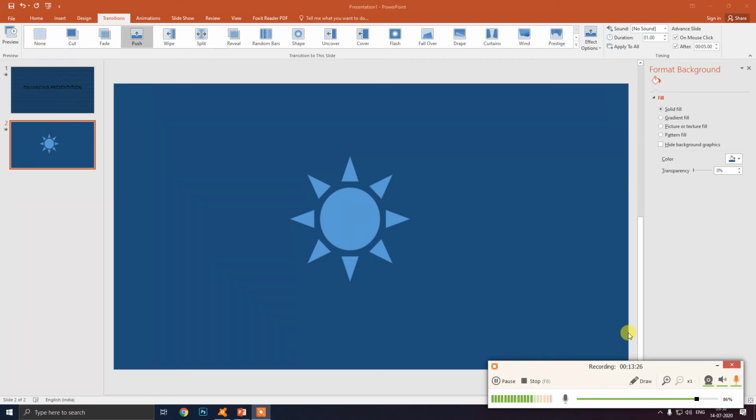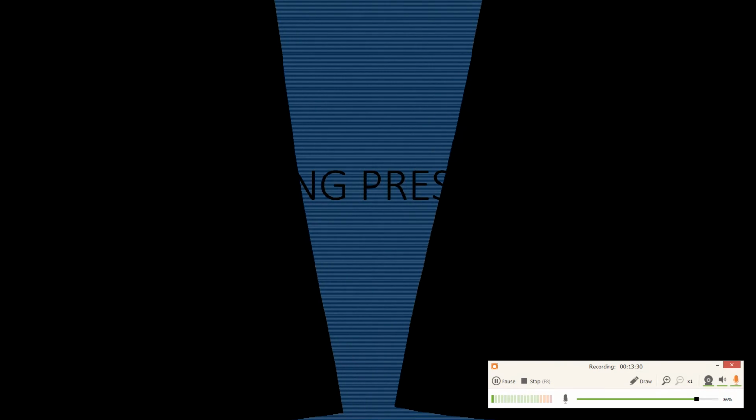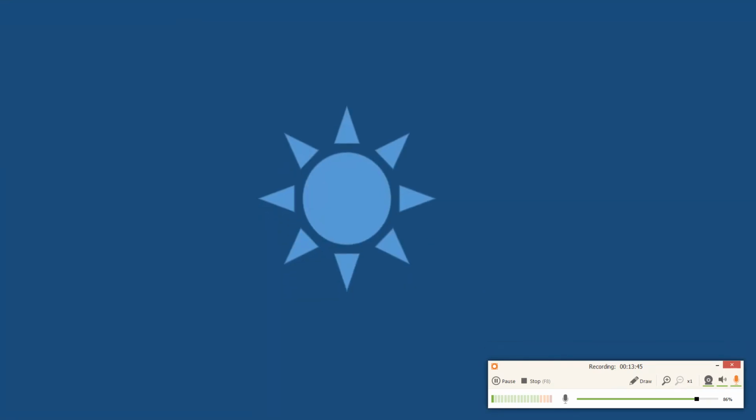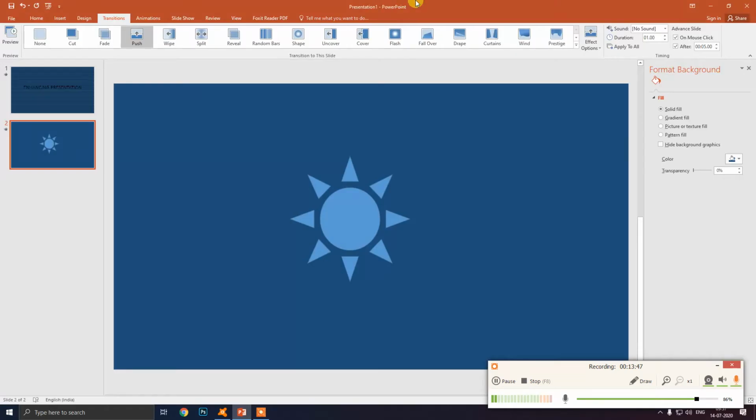If I press F5 for slideshow, it will change without my clicking, after 5 seconds. Okay, like that. So you can do different types of modification in your slide transition.